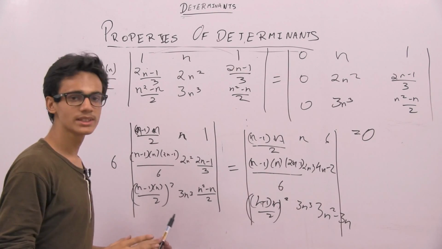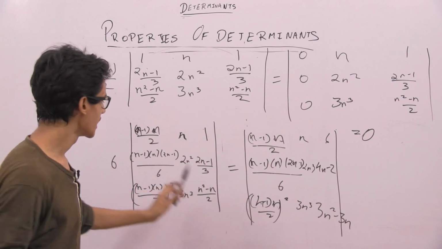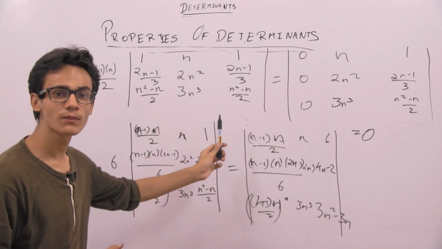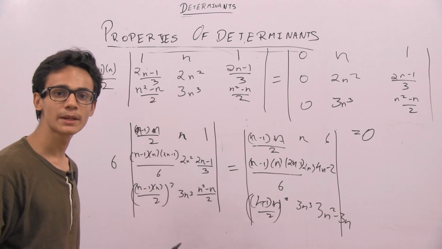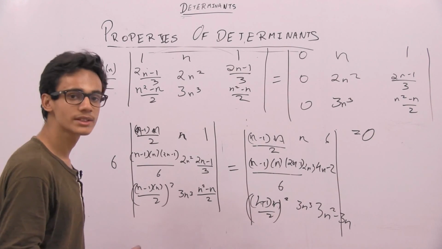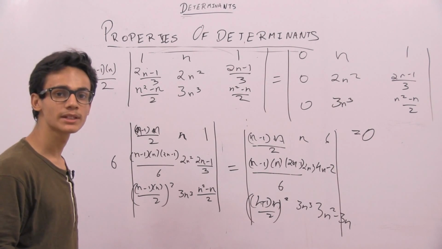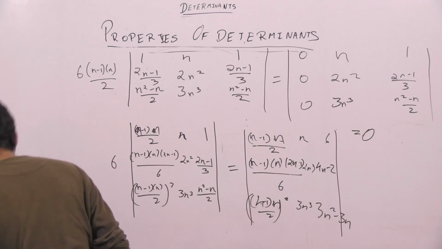So can you see, after applying the summations and taking some things common, we directly got a form of determinant in which two columns were same. Now if we would have expanded and then applied summation, it would have taken triple the time it has taken now. So solving in the form of determinants only, it saves us a lot of time here. That's why we use determinants in a lot of cases.